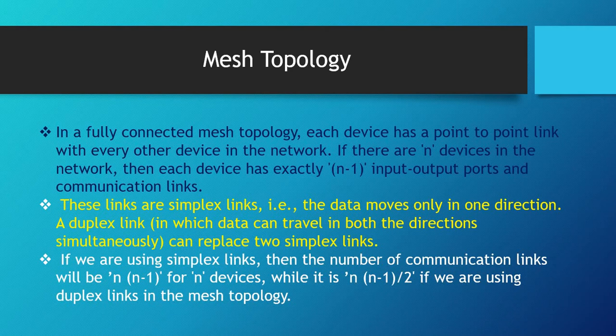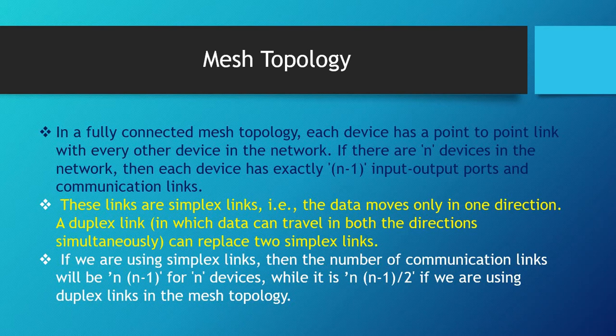Now, in a fully connected mesh topology, each device has a point-to-point link with every other device in that network. Meaning, if there are n devices in the network, then exactly n minus 1 input and output